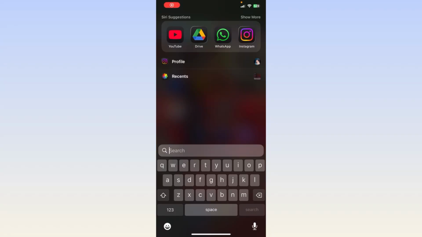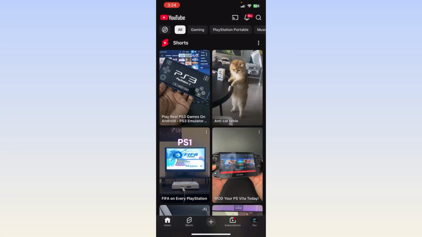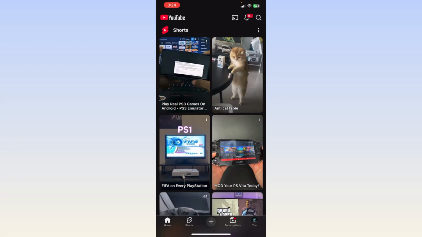How to make a YouTube channel for kids. So first things first, let's open the YouTube app. And now once you open the YouTube app, you can see there is a You option at the bottom right corner